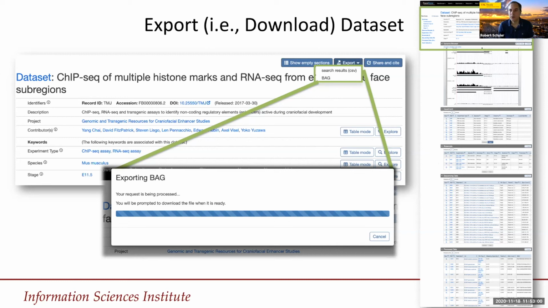So what you do is, say, okay, we're looking at an RNA-seq and ChIP-seq data set here. The data files are in the tens or maybe more of gigabytes. So you probably wouldn't want to download that in one giant zip file in a browser. But what you can do with this bag format is that you can download just the metadata and all of the identifiers for the individual files, along with what's called a file checksum, and that's